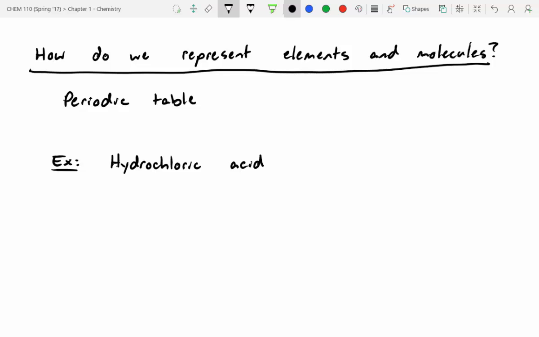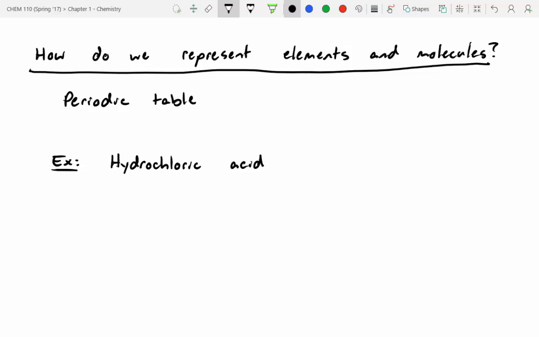Hydrochloric acid is the stuff that's in your gut, right? So when you digest food, it's oftentimes being broken down at least partially by hydrochloric acid in your stomach. If you've ever thrown up, chances are you've tasted that nasty acidic flavor that comes up along with whatever food. So now if we look at hydrochloric acid, we have to ask ourselves, as chemists, how can we represent this